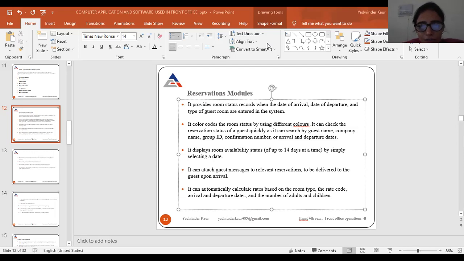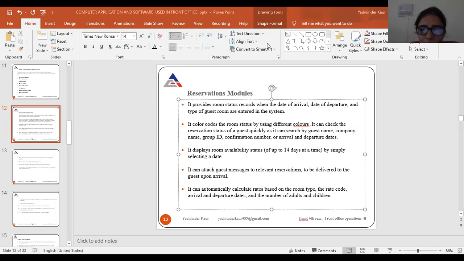On the reservations, it can automatically calculate rates based on the room type, rate code, arrival and departure dates, and the number of adults and children. See, we have to put in the room type and room rate code, then arrival date and departure date. And also we have to put in the reservations the number of adults and children, right?